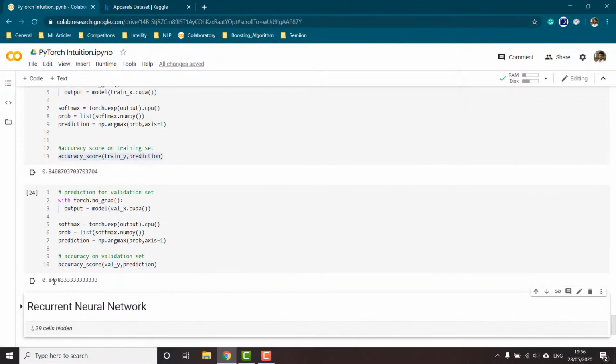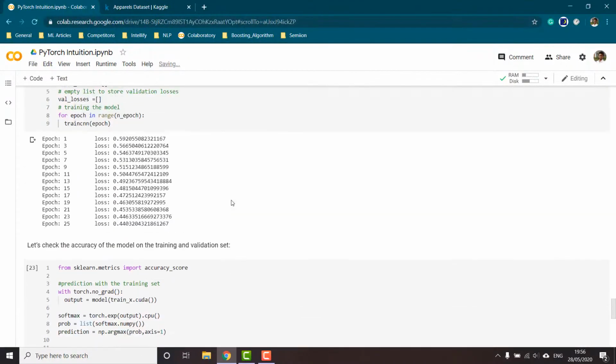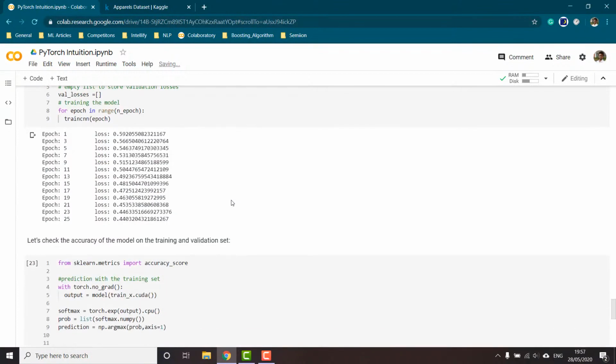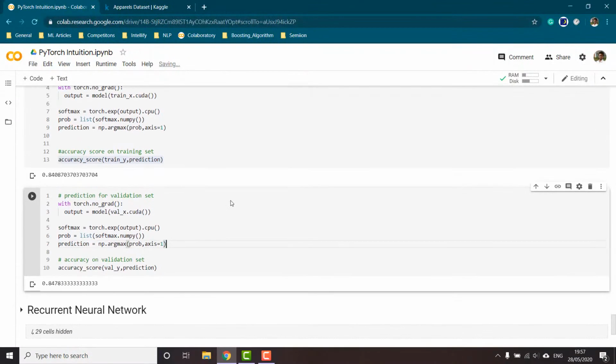So we have an accuracy in the validation set of 84.78, which is pretty decent. You can see that our model also didn't overfit. So this was a pretty decent model. With this, we come to the end of our lecture on training a CNN in PyTorch.